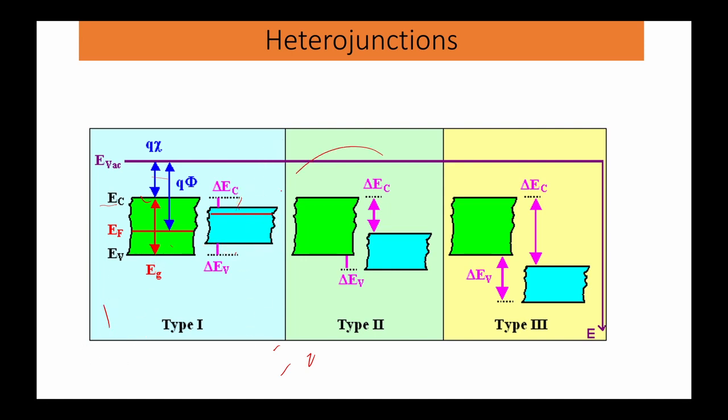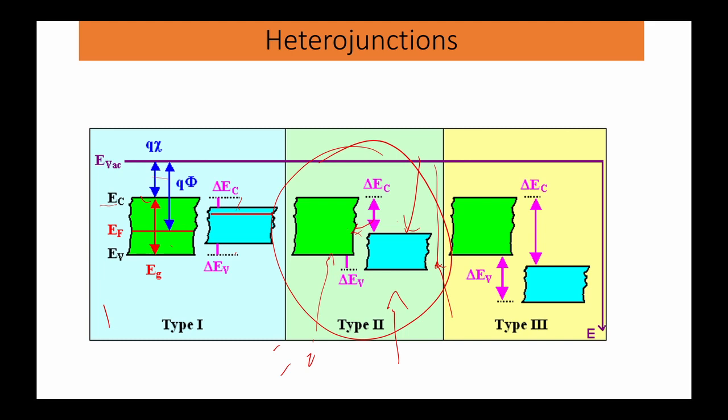If the conduction band of semiconductor 2 lies in between the conduction band and valence band of the first semiconductor, and the valence band or the ionization energy of the second semiconductor is more than the ionization energy of the first semiconductor, this will form a type 2